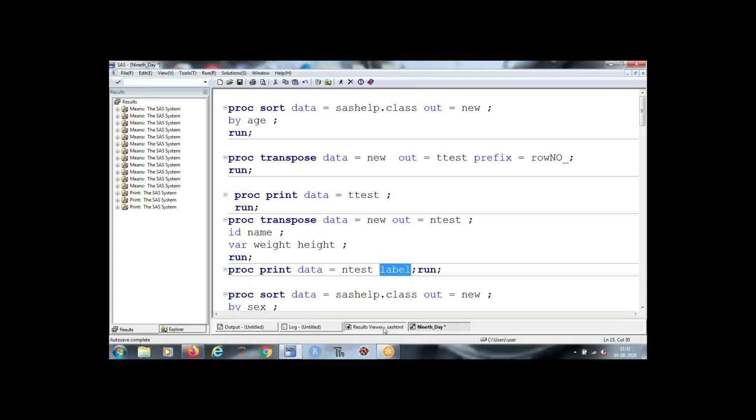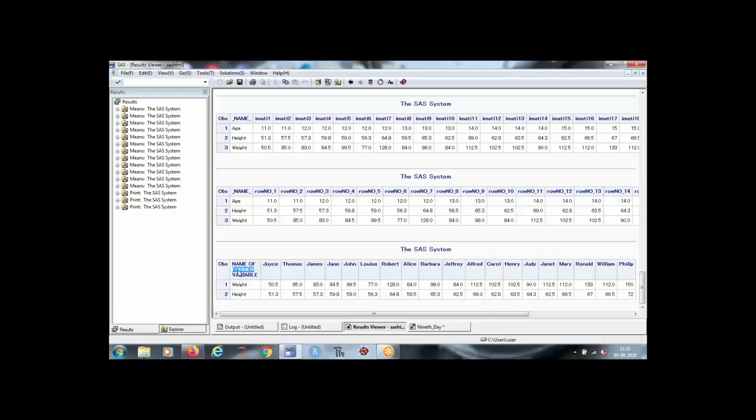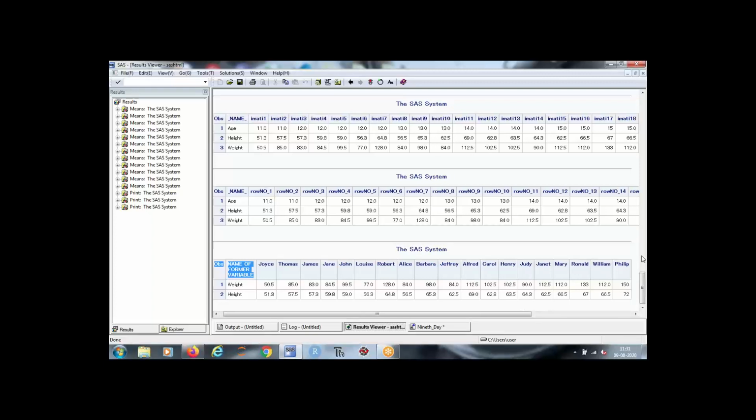So by label, this is showing me the name of the former variable like weight and height. So they are now rows, so that's why they show that the former variables are weight and height. Joyce, Thomas, James, your name variable will become your new variable.